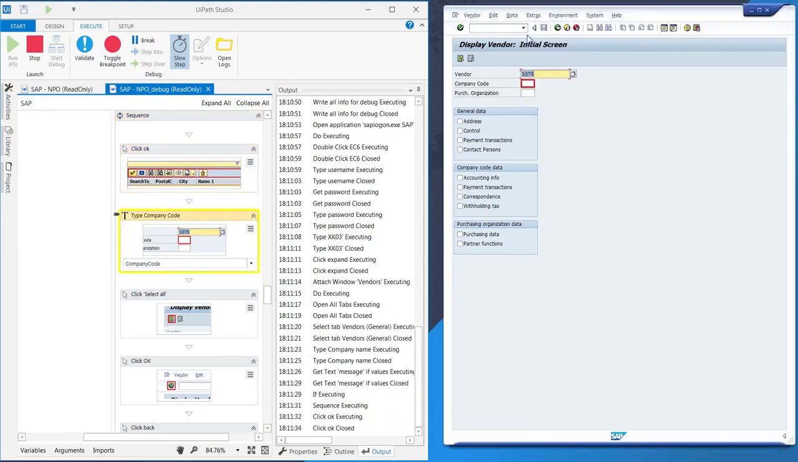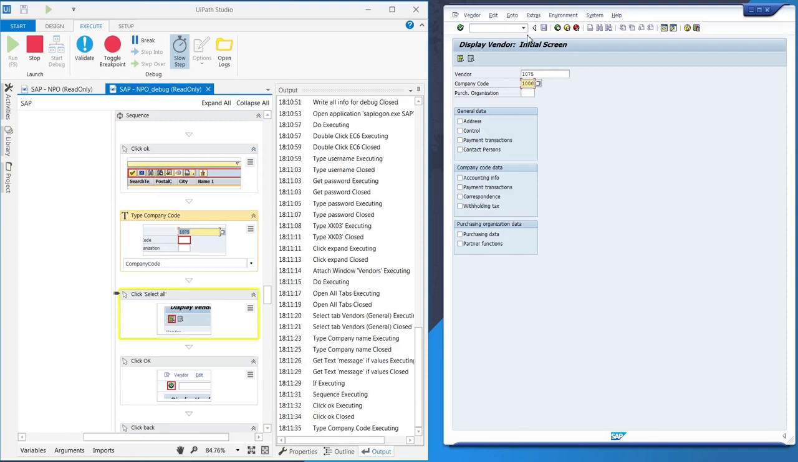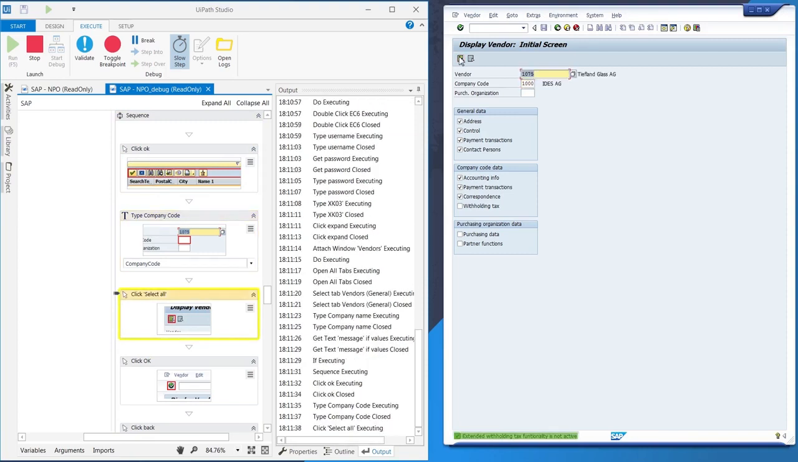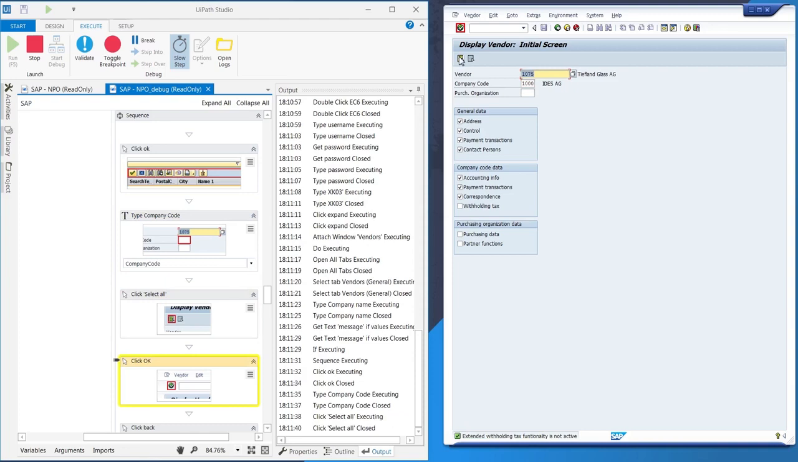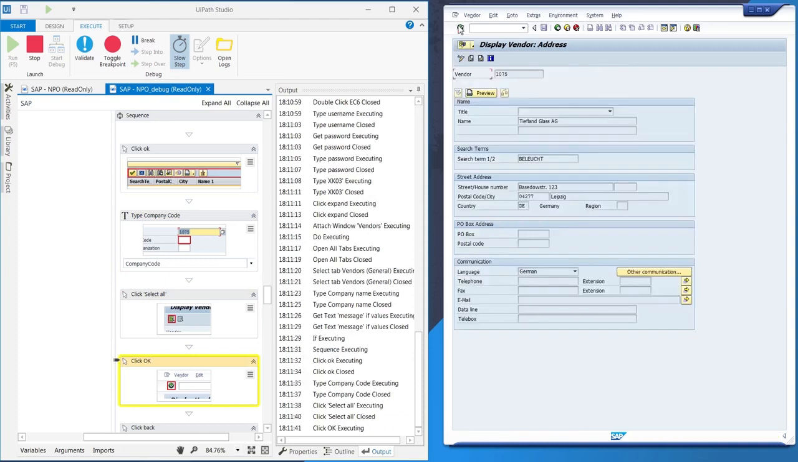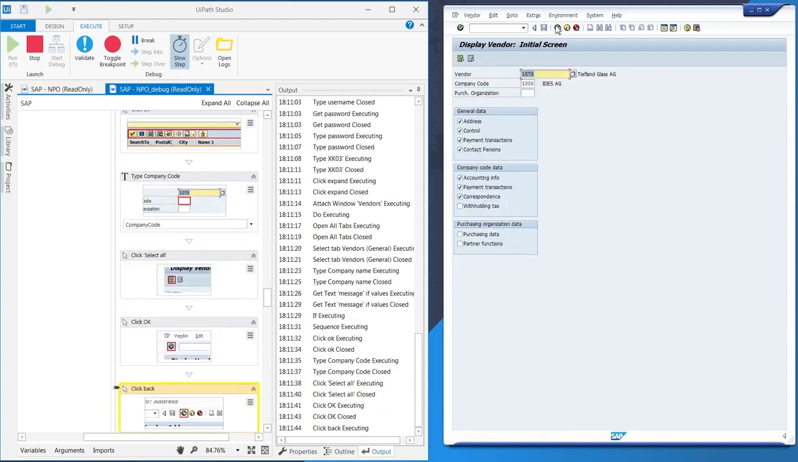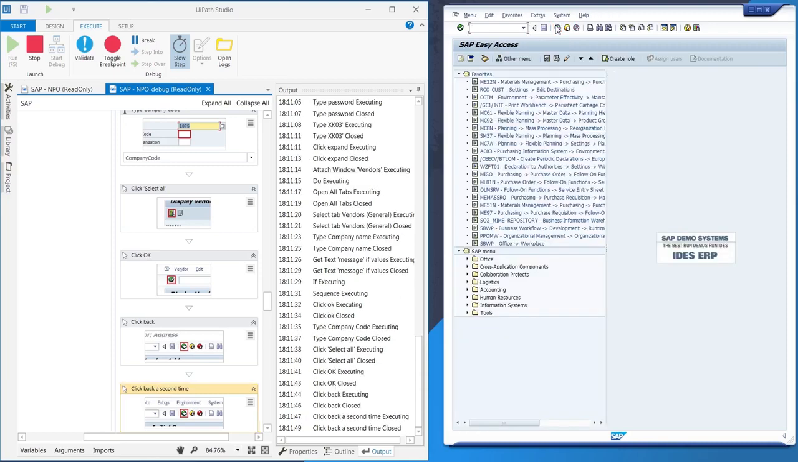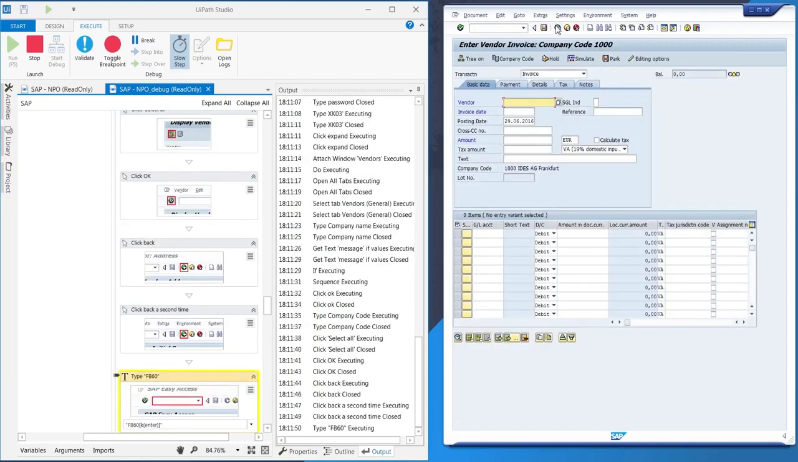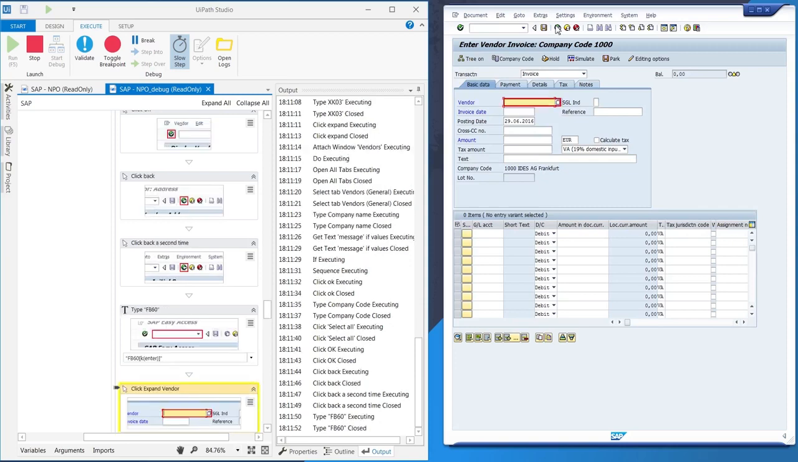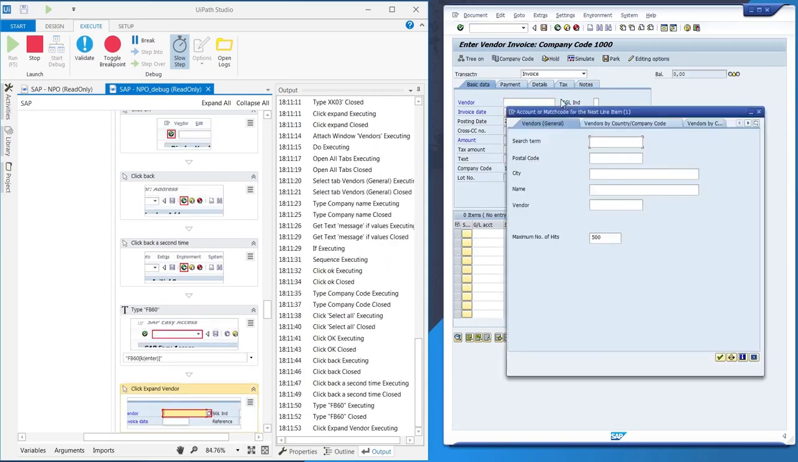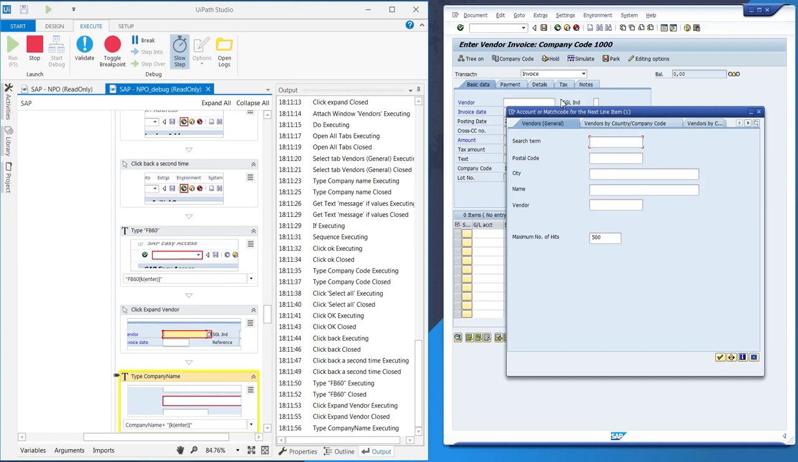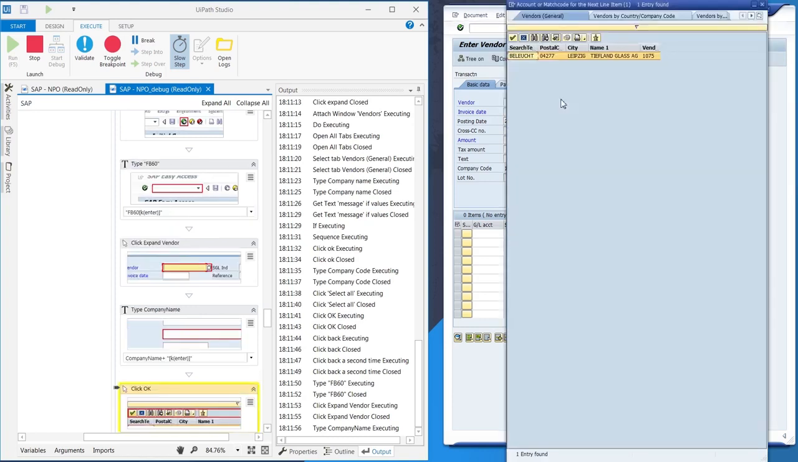and fills in the company code. Then it selects all information and clicks OK. Now the robot goes back twice. It then types FB60, the code for entering incoming invoices in SAP. Now, in entering vendor invoice pane, the robot selects the vendor by its name and starts inputting the data extracted